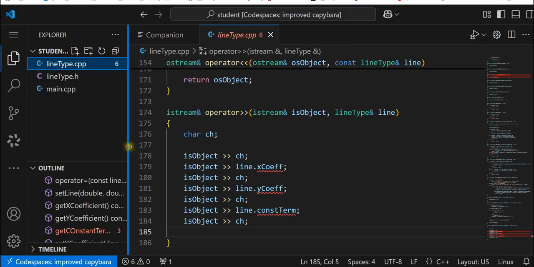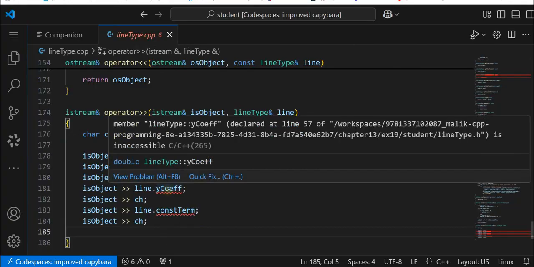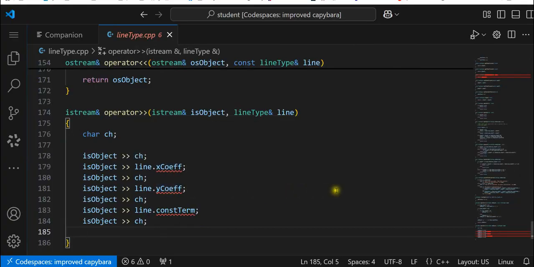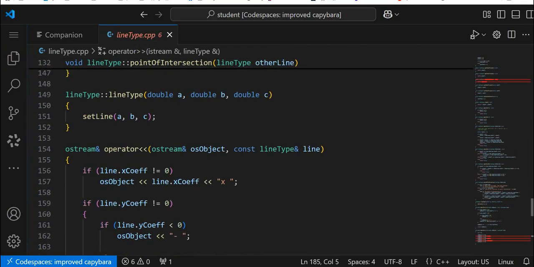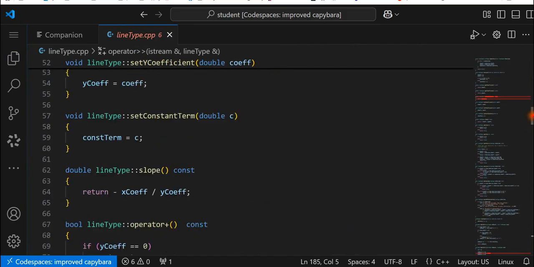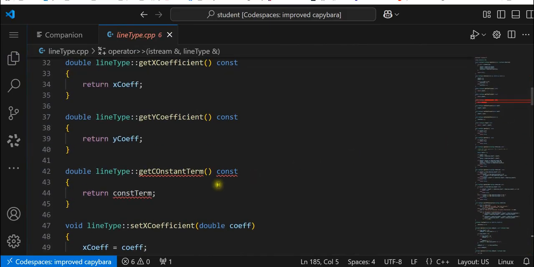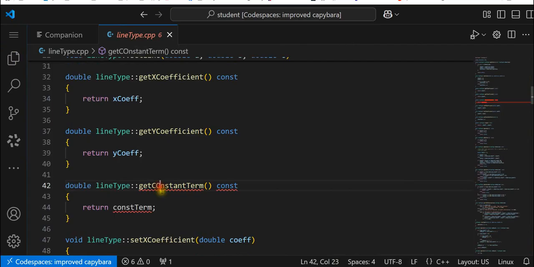Alright, so still no good. Let's check one more thing. Actually, we're up here. Check what. So we did constant terms. Get constant. So that needs to be changed too. And that'll clear that up. Coefficient, Y coefficient. So capital